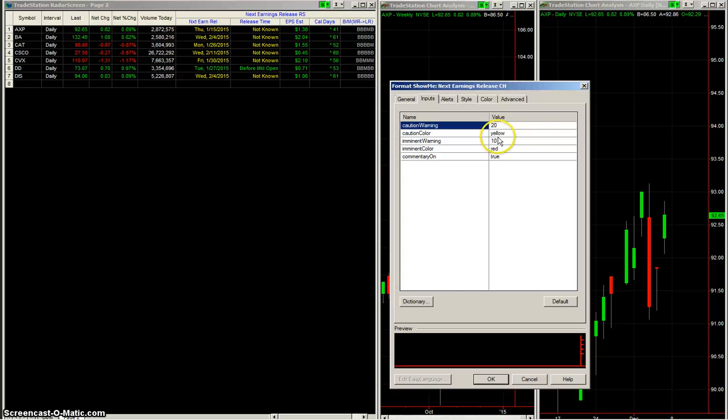and so if we're inside 20 days, we'll display the color in yellow. And once we get inside the imminent period, which is closer to the earnings date, we'll change the color. So the default is red. So 20 days away is yellow, 10 days away is red. And this true just allows the commentary text to show up in the commentary window that I'll show you later. And obviously all these are more than 20 days away, so